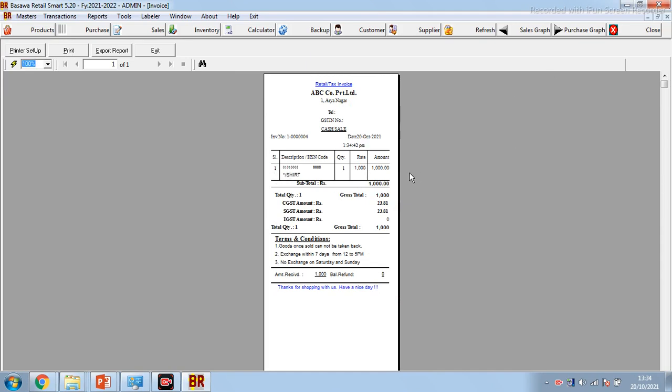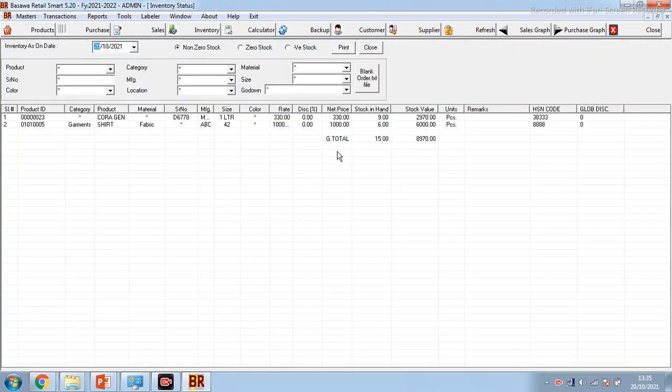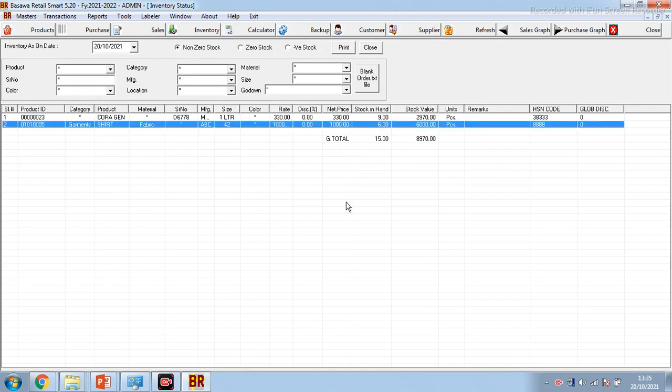Your invoice is showing the name of the material, product, and the GST amount. And just press this print button. It will be printed on your receipt printer. Okay. After that, you can view your inventory after making the invoice. It is showing 7 pieces of shirts were already there. Now it's 6. One item is reduced automatically as soon as the invoice is saved. Okay.